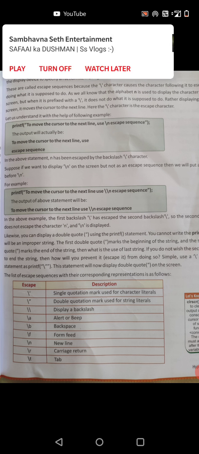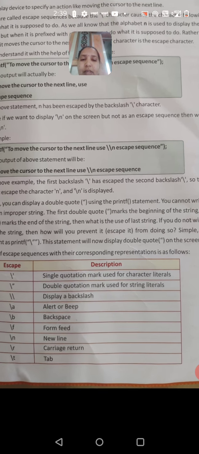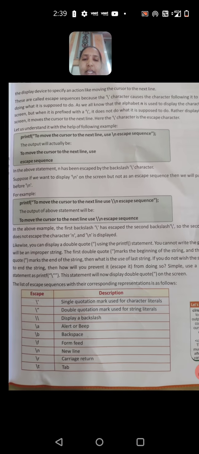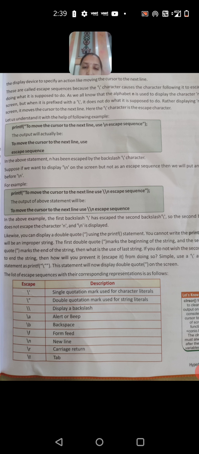Okay, then there are some escape symbols with their descriptions. They are given. See it carefully. Backslash with a single quotation mark is used for character literals, and backslash with a double quotation mark is used for string literals, and \\ displays a backslash, the remaining are the same.